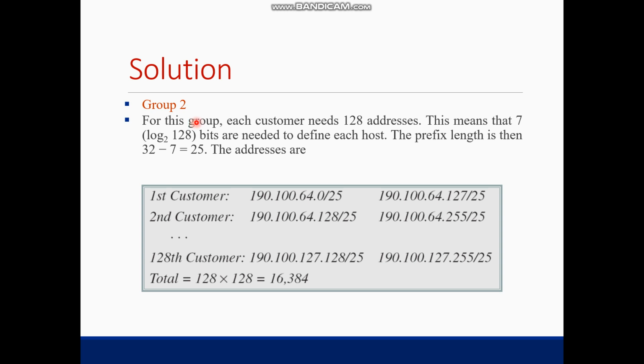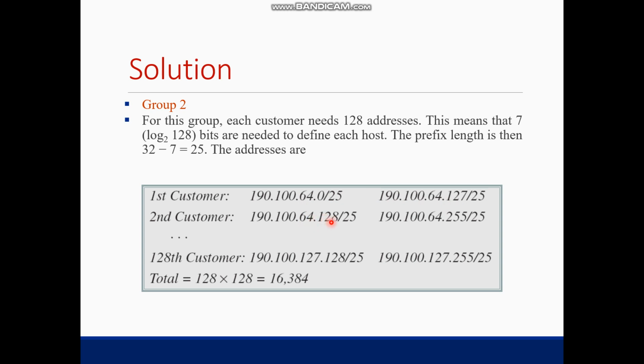For the second group, each customer needs 128 addresses, and we have 128 customers as well. So for the addresses, log 2 of 128 is going to be 7. So 32 minus 7 is going to be 25. So as we did in the previous group, 0 up to 63 was allocated to that group. So this group starts from 64. And the first customer's addresses start from 0 up to 127, because each customer has 128 addresses. And for the second one,